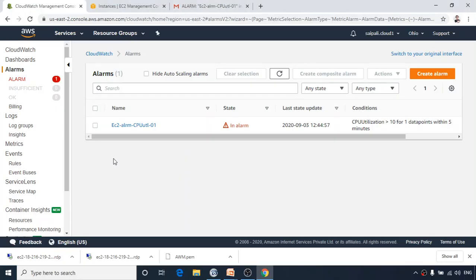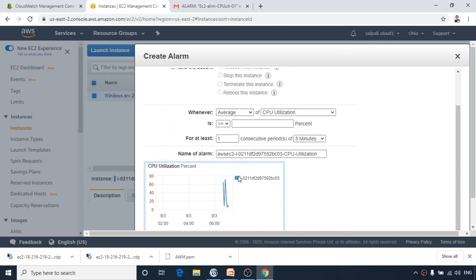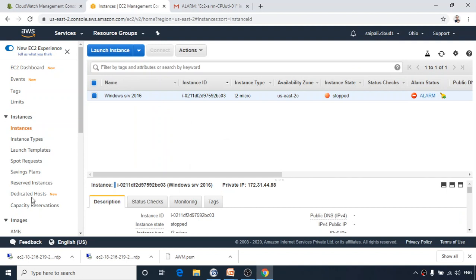Last thing, if you want to set an alarm, one option I have already explained to you by going to CloudWatch, going to alarm and creating from here. Another option is also there. You can directly go to EC2 where you can see all the instances. From there also you get this plus button. You can click on this and you will be able to create an alarm from here also. You will be able to define all those settings. So you have two options. You can either go to CloudWatch and create the alarm from there, or you can directly choose the instance and set the alarm from there.